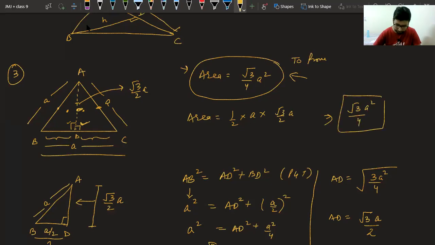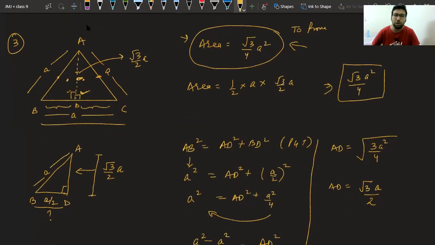Hence proved. So for this answer, what will be the question? There is no question for this. I was just trying to tell you how we got this formula. We all have been using this formula from class 6 only, but we don't know how it came. So just for that, I was deriving the formula. Okay, Kamaljot? A question may come like that: prove that area of equilateral triangle is root 3 upon 4 A square. Everyone, is it clear how I found the height and how I found this area?